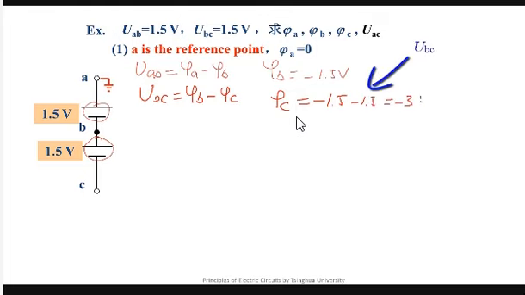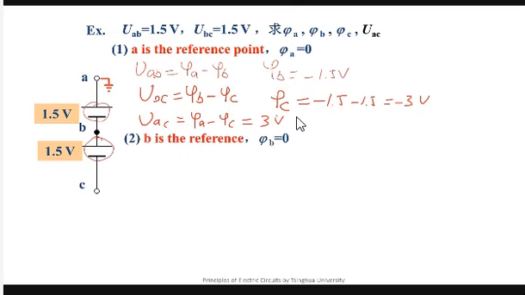minus 3 volts. According to the above discussion, we know UAC equals phi A minus phi C. So it's 3 volts. Thus, we've finished the discussion. Next, we can also define B as a reference point. Since a reference point can be designated as you like, we define B as a reference point. Since UAB equals phi A minus phi B,